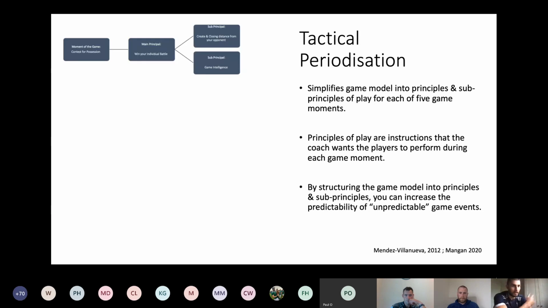So the first one, contest for possession. Our main principle would be win your individual battle. So try to win the ball. That'd be a key concept in Kilkenny particularly. They've placed a massive emphasis on everyone being able to win their own ball. Sub-principles would be create and close distance between you and your opponent, and then finally